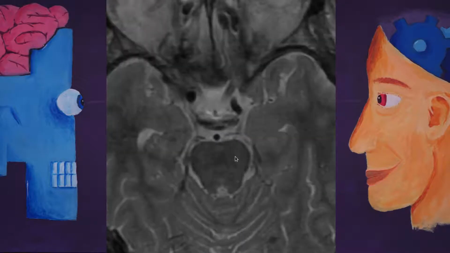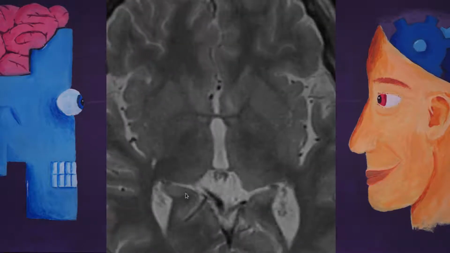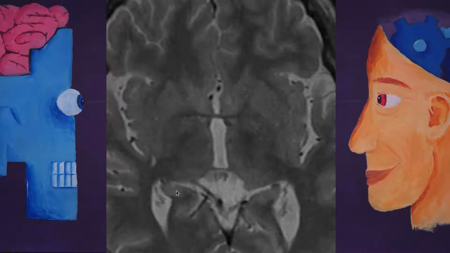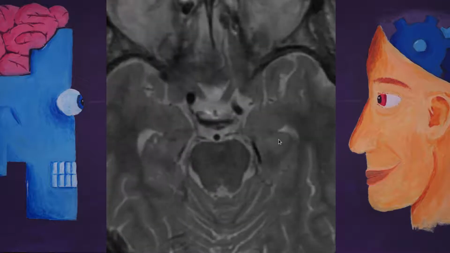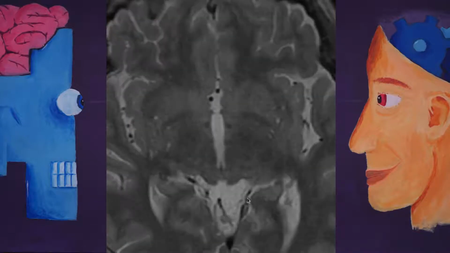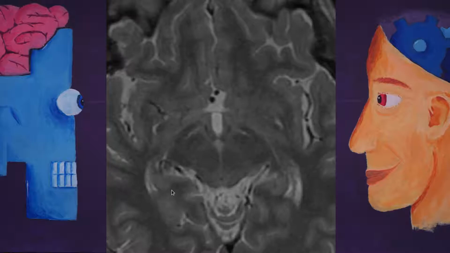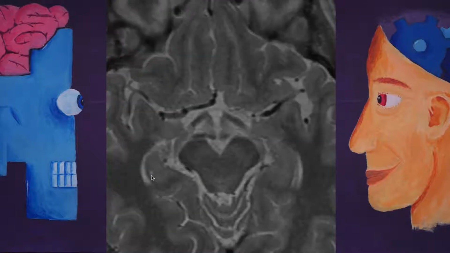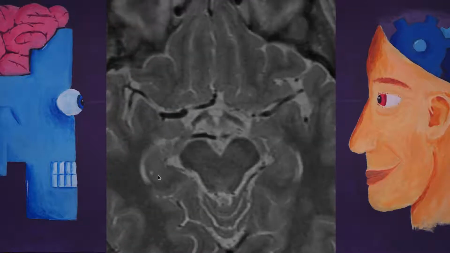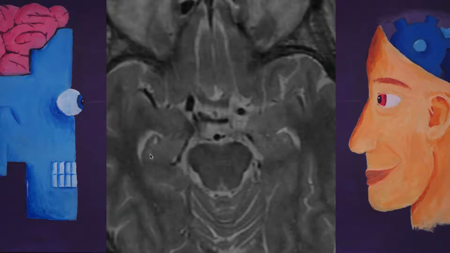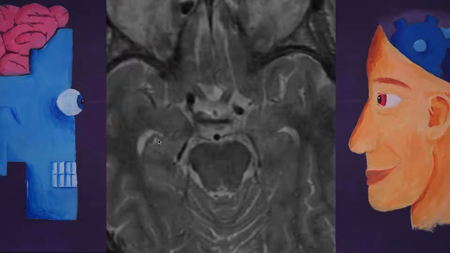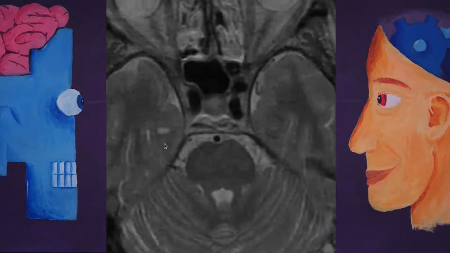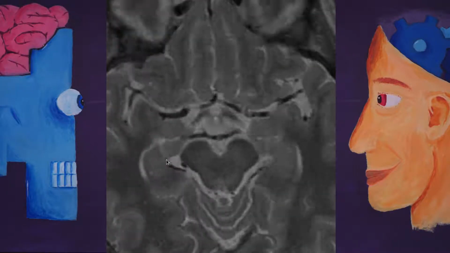Then I do the hippocampi. It starts here, then goes like this, finishes here, and then the other side also. So I do one side at a time. I look at this side, for instance. Here I see one perivascular space. Here there is a second one. And here there is a third one. So that would be 3.